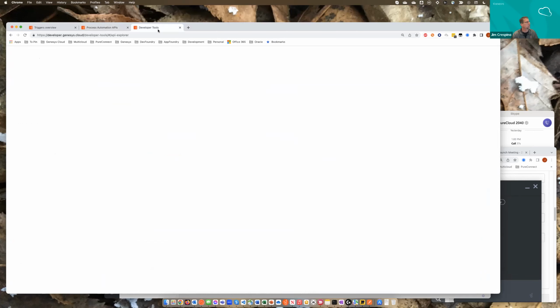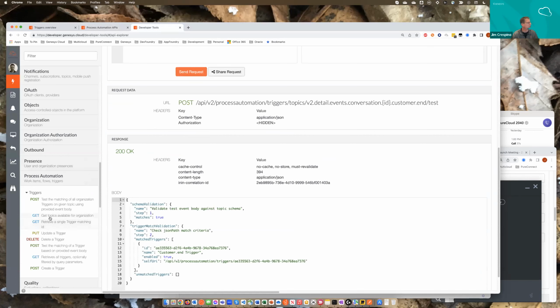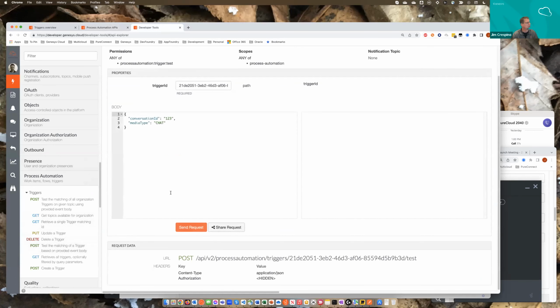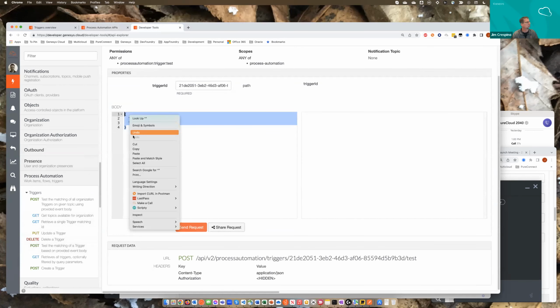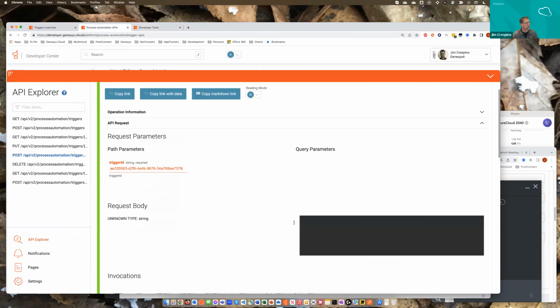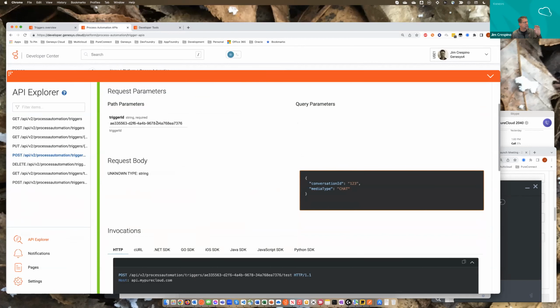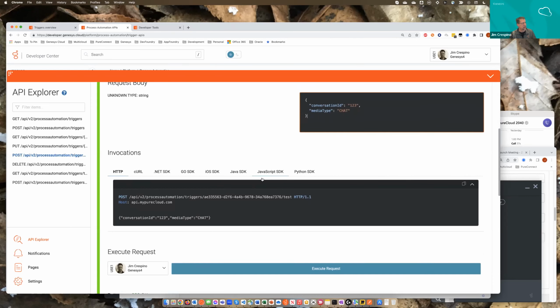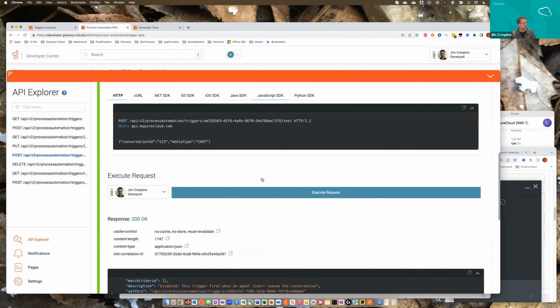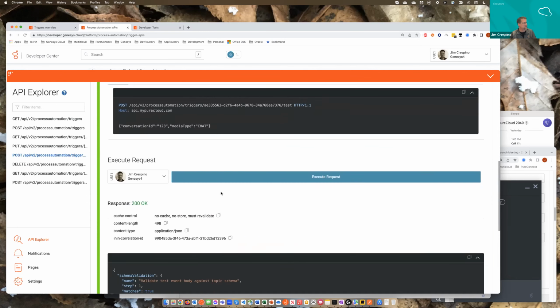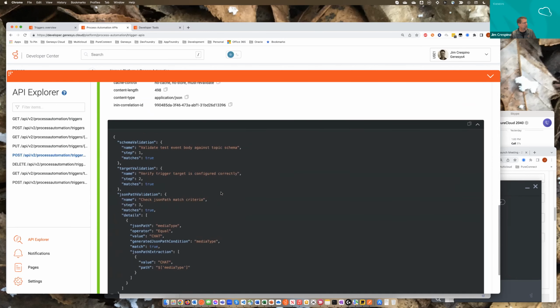Let me go grab that body for that. Copy. All right, so I'm going to test that specific trigger. This is the customer, and this is when the customer leaves the conversation. You know, assume Genesys is going to send you that reduced conversation JSON. I'm going to execute this test, and what I get is a different